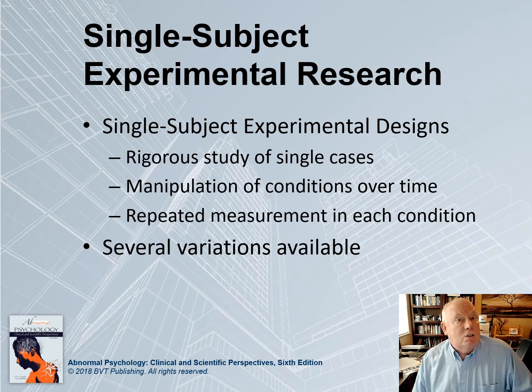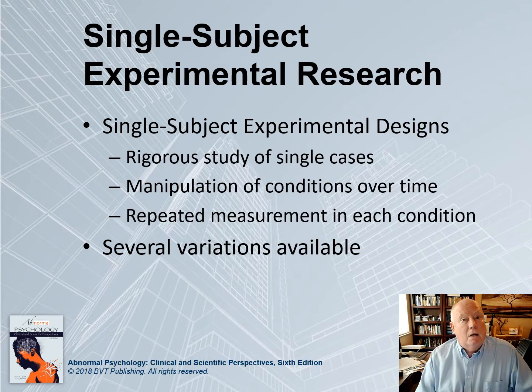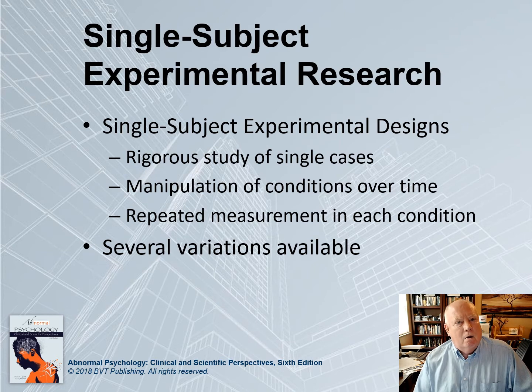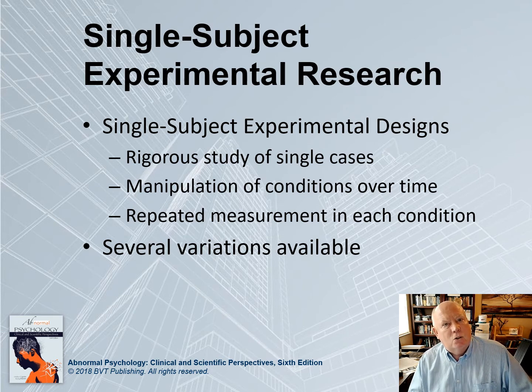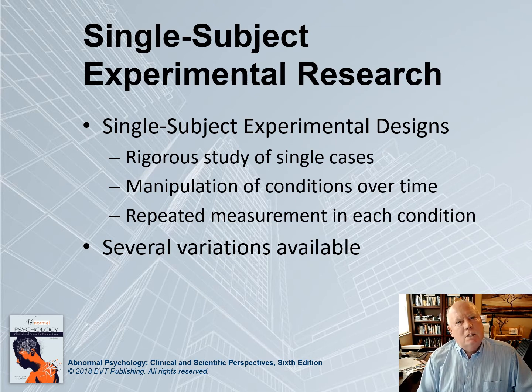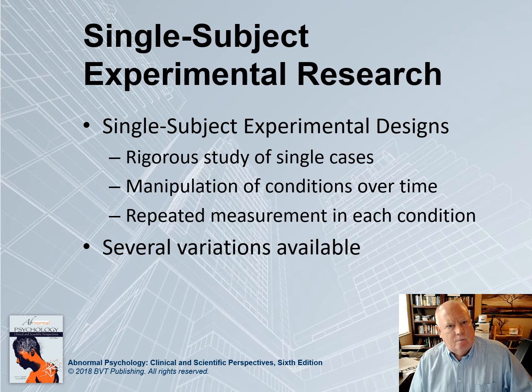So in a single subject design, what we typically will do is we will measure repeatedly over time the variable of interest. If the person is depressed and we want to treat them for depression, we'll measure their level of depression, both before and after, and usually during the treatment as well. So we can see the pattern of scores. The advantage of repeated measures is it allows us to see a pattern.